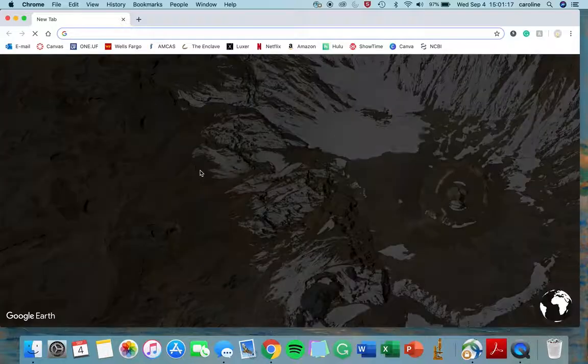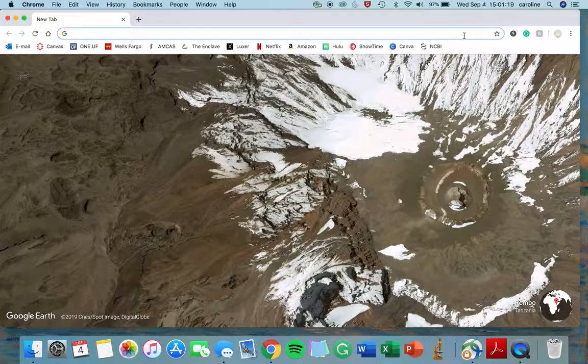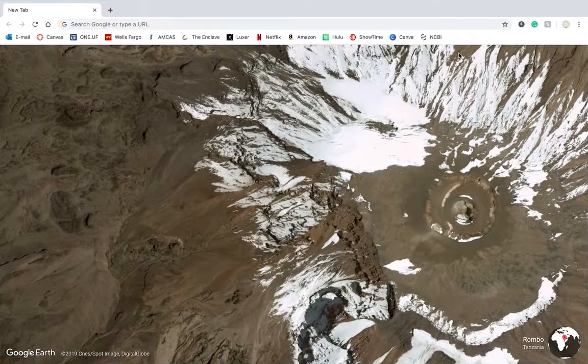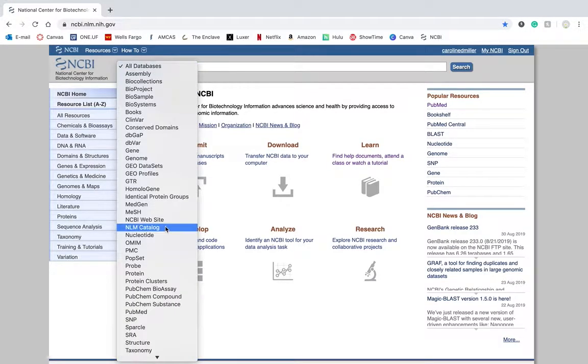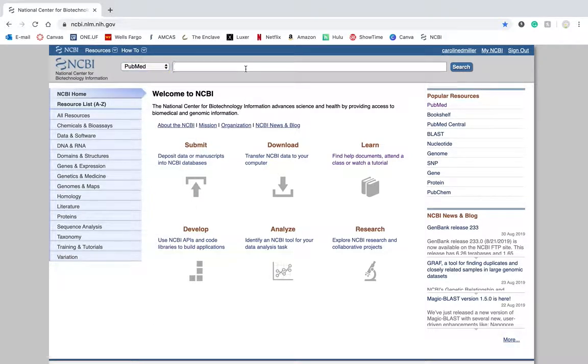So to begin, open Chrome, and probably like me, you already have the NCBI bookmarked on your homepage, so go right there. And we're going to want to start with PubMed. With a task like this, for most things in this class, it helps to just try many different things, and PubMed is always a good place to start. So here I already have it in my clipboard, so I don't have to attempt to type it out, but this is what we're looking for: